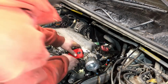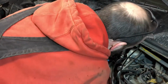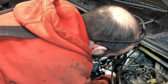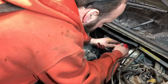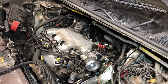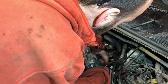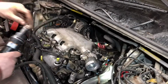I did replace this one. This is a straight hose. This 90-degree one is in a kind of tight spot, and of course it's spinning like this. So I tightened it and it's just spinning, so I think I need to get a different hose clamp on it. Or I come out from this angle here, because